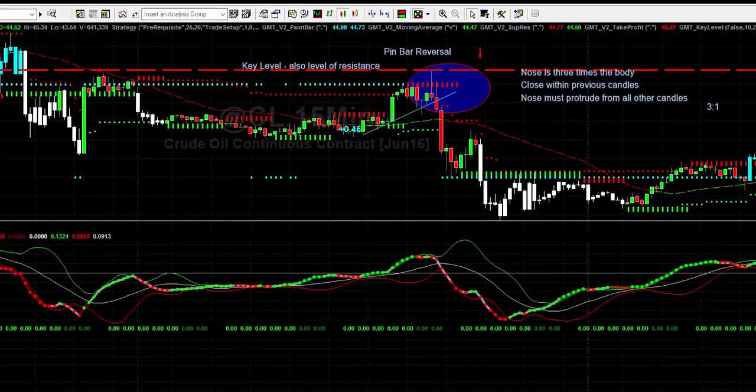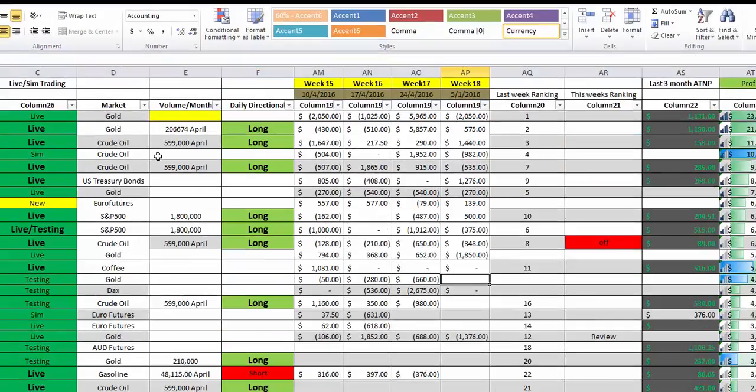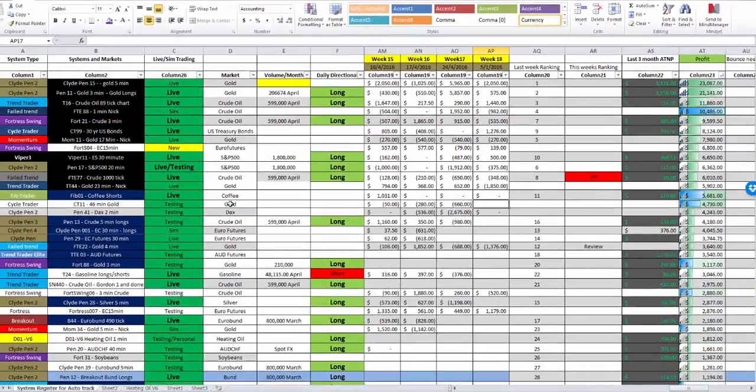I'm going to bring over here our top 10, and it's been an interesting week because there hasn't been much movement in our top 10. However, one of our systems, or a couple of our systems, need to be reviewed and re-optimized. So I'm going to do that today. Not too much of a difference. The interesting thing is that the PEN 15, that pennant breakout, which is another price action system,